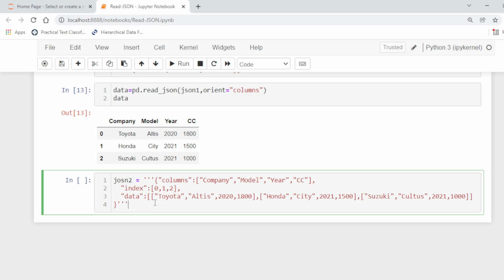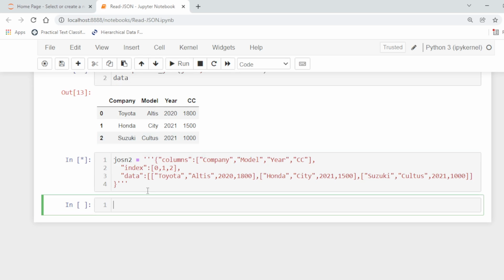These keys are fixed. So to read this format we will specify orient equal to split.